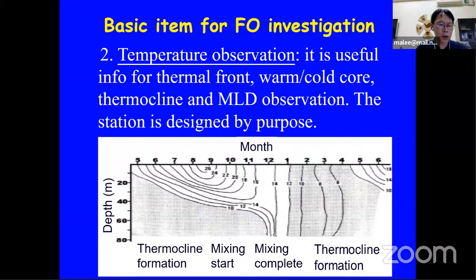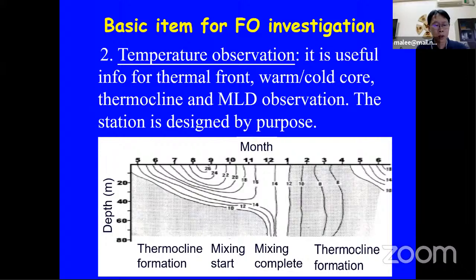So this is a monthly vertical temperature structure. From this fixed station monthly vertical structure, we can see the thermocline formation from maybe July to August, and